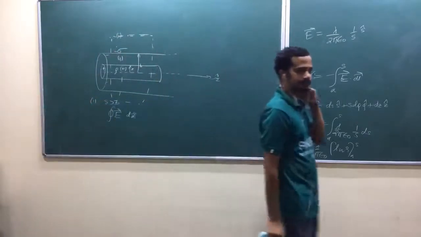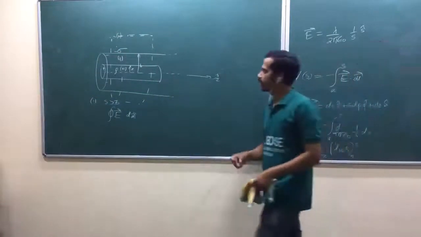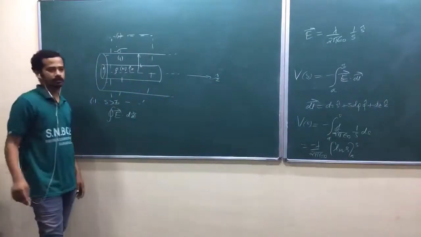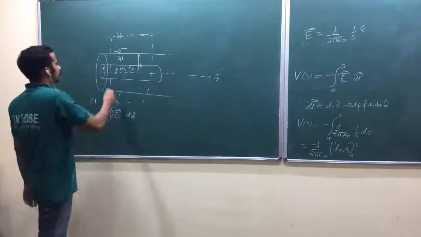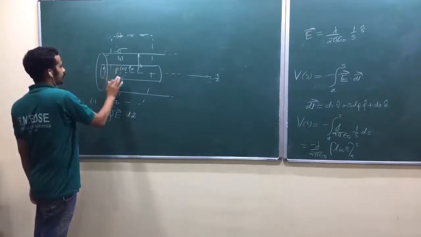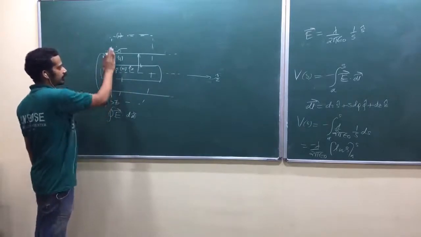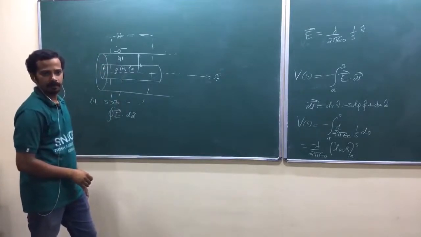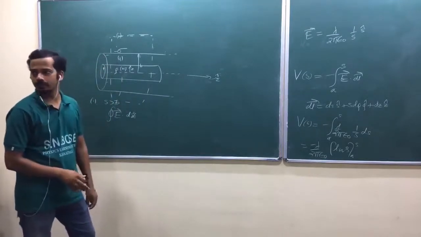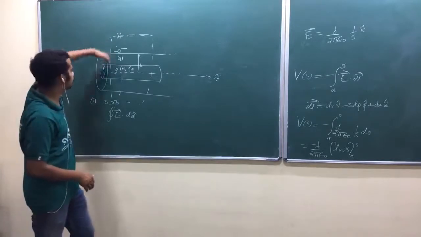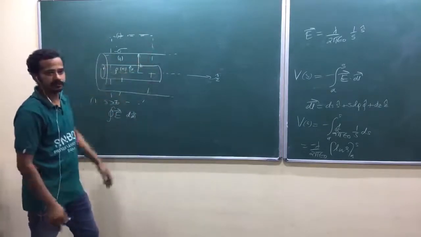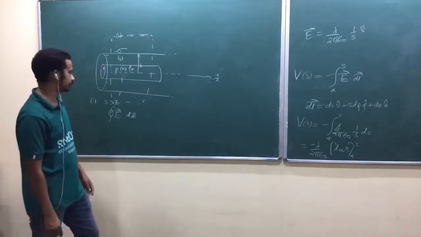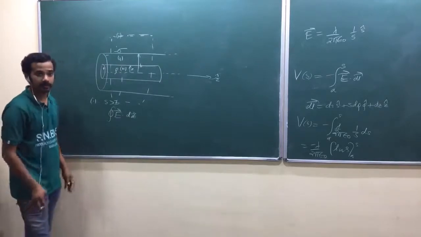Why? Charge enclosed is 0. That's why the electric field is 0. But what about the flux of electric field in this part of the region? Because inside, the electric field may be non-zero. Gaussian surface is a closed surface. Part of the surface pierces into this region. Are you getting my point? You should have a complete argument.